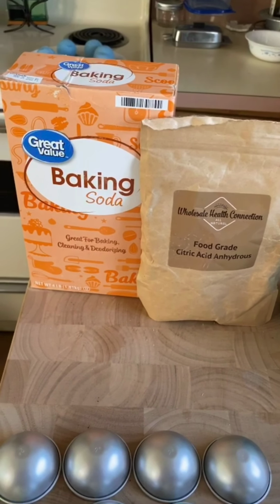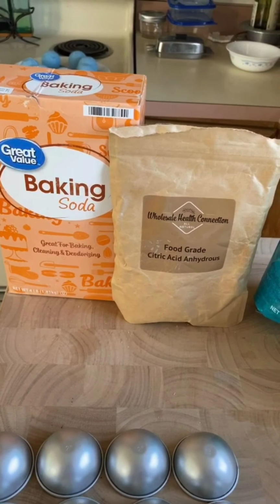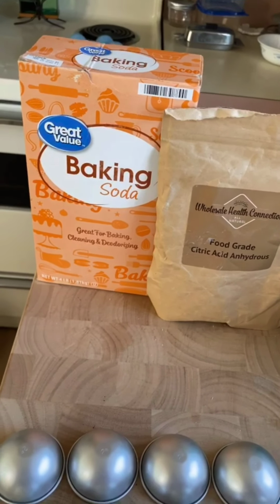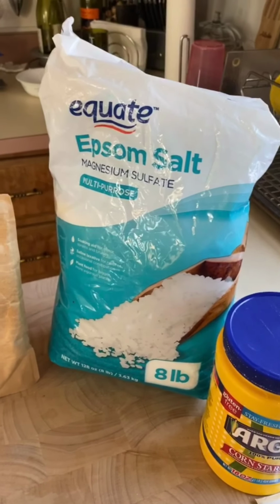So here are the ingredients. You have dry ingredients and you have liquid ingredients, and you mix them separately at the start. So you're going to need some baking soda, some citric acid. I got that one online. Most of the ingredients come from the grocery store though. Some Epsom salt,